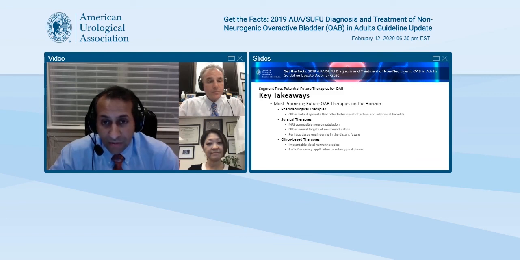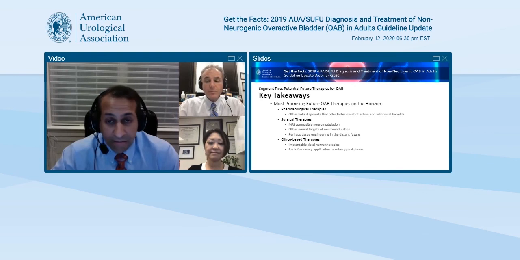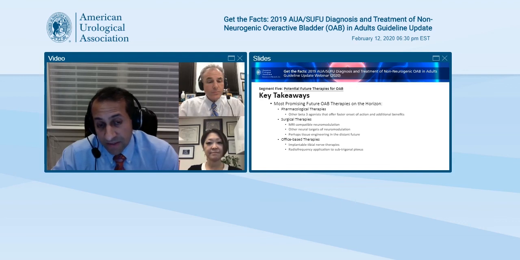There's another novel approach that's somewhat of a throwback from something 20, 30 years ago, which is looking at the subtrigonal plexus, where neuromodulation or even ablation of that area in terms of the nerves could perhaps achieve success. So that's another novel approach that may not have an implantable device, but rather maybe an office-based therapy that could still pertain for moderate to longer term therapeutic benefit in this rather challenging patient population.